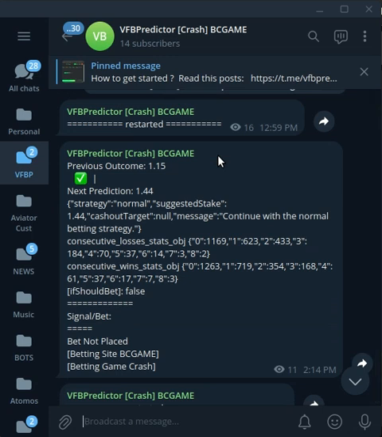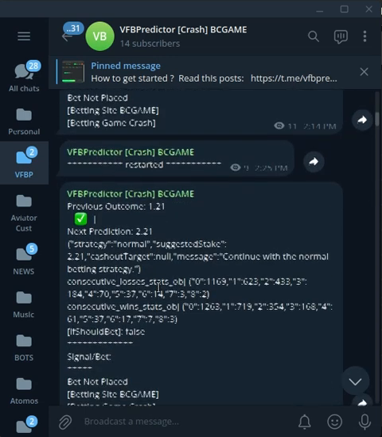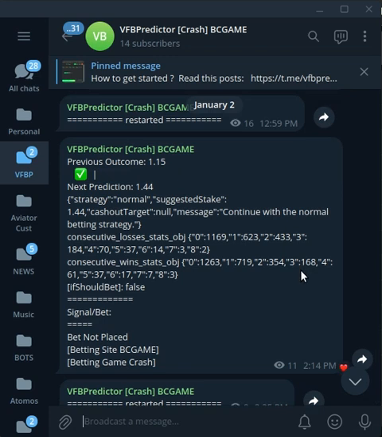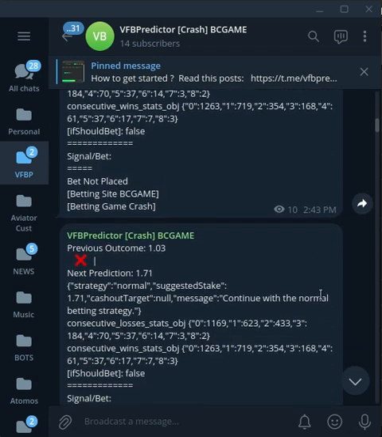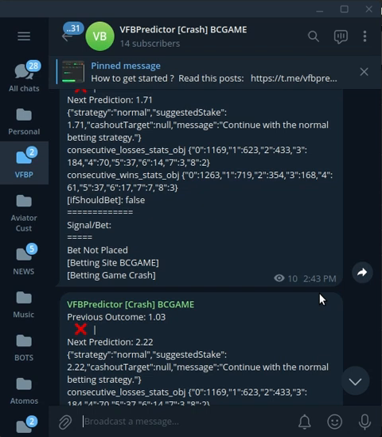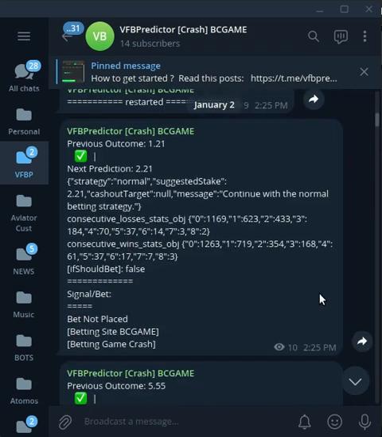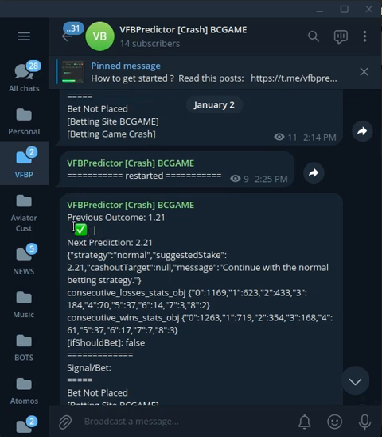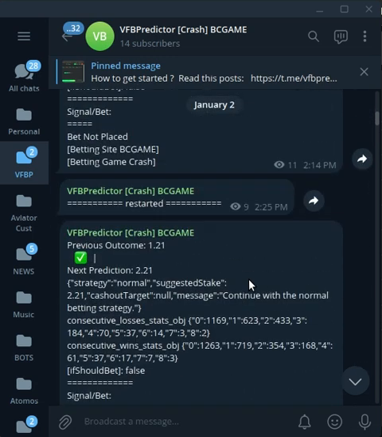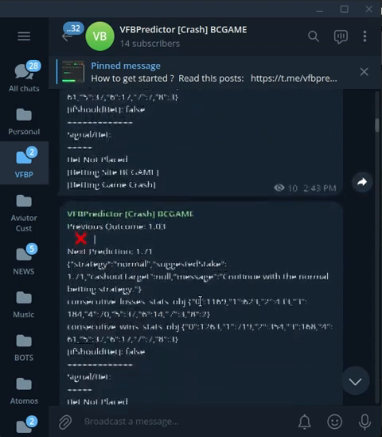So what strategy do you use to make a winning out of these predictions? There are a number of strategies that you can use, and one of the strategies that I made out of these predictions is a strategy that is shown in these messages, right? So instead of just following these predictions one by one, because these predictions are sent for each round of the crash game, instead of following each and every prediction,